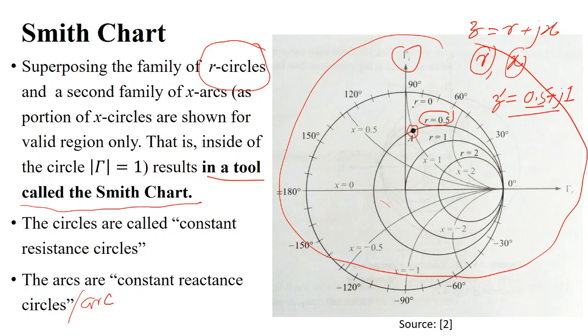So this is the point of this value. Because the domain is the gamma domain, or the reflection coefficient, by just measuring this length here you will get its magnitude, and you can find the phase. Once you know this point, this is the mapped point of this impedance. So by directly measuring this length, this will give you the magnitude and phase. You can directly compute from the chart what the phase and the magnitude are.